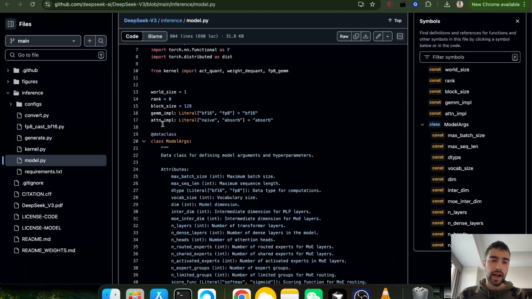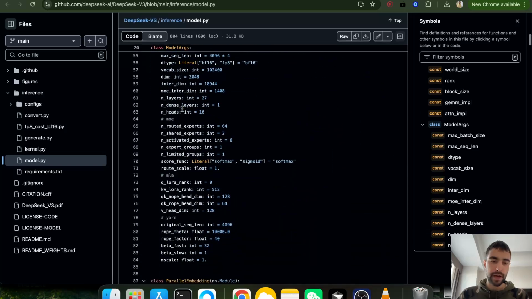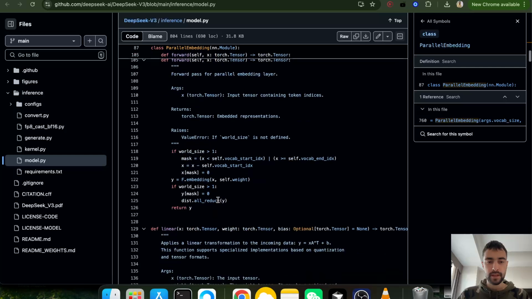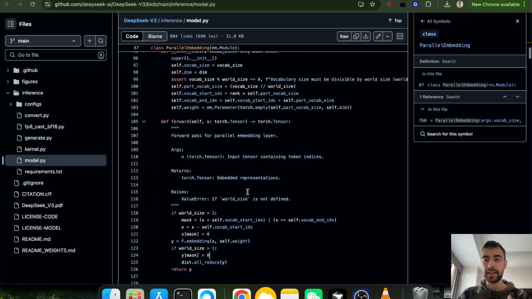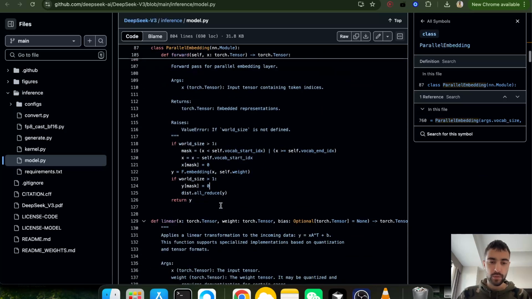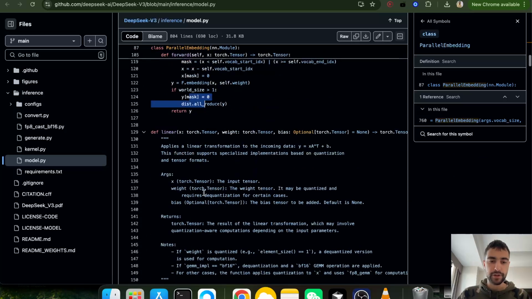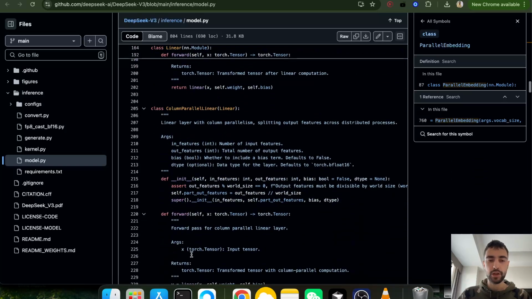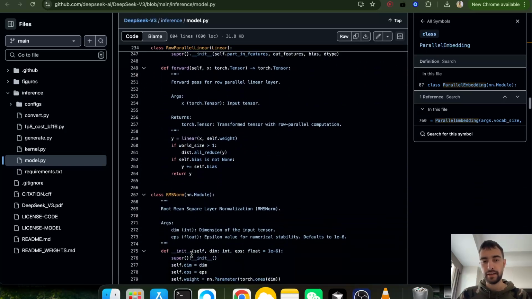In the notebook, I went one by one. So starting from parallel embeddings, I explained. You can read it yourself. I think this is very well explained, better explained in the notebook than I can explain right now. So it explains what all of these masks are, for example. Then it will go to this one, then this one, and it will go one by one explaining all